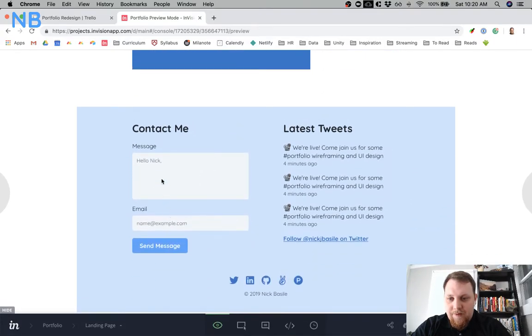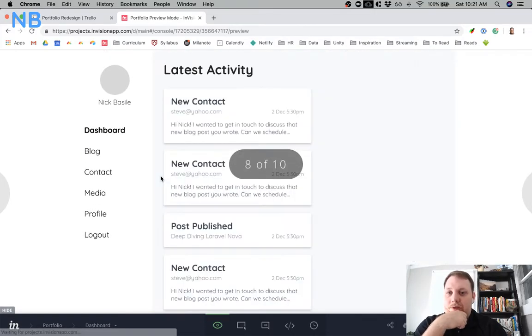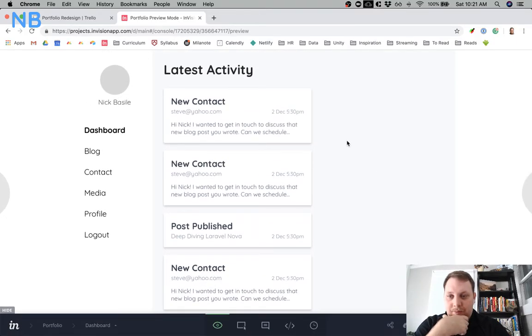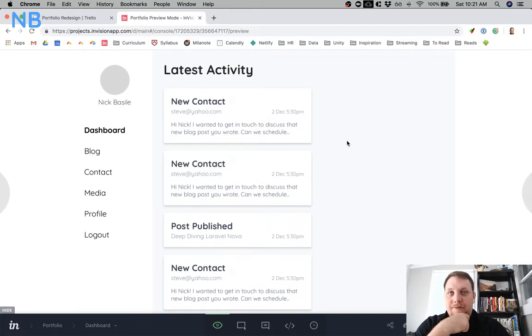I could just have this send me an email directly, which would be nice. Maybe I'll do something like that. Since it's just sending me an email instead of living in the app, we lose this whole back-end CRM side, but I think that's okay. You can honestly just get rid of the dashboard and go straight to that blog page. Again, scope is what I'm trying to think out right now. So if I was going to do that,